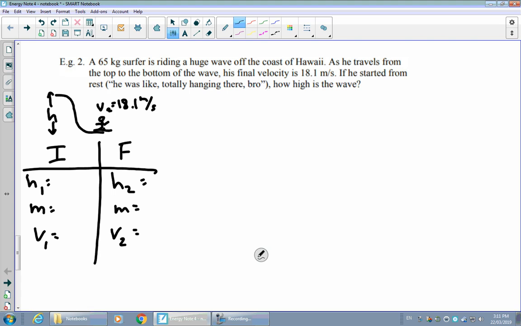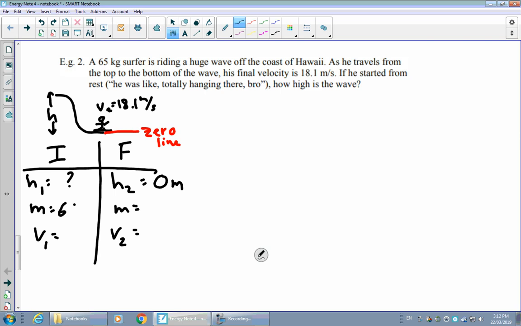Well, what we can do again is decide what our zero line is going to be for height. So why not just use the very bottom of the wave? So this could be our zero line. That line that they end up at the bottom of the wave. That's effective because that tells us what h2 is. It tells us that h2 is 0 meters. That means that whatever height it started from must be the entire height of the wave itself. If that tells us how many meters it is above the zero line, that'll tell us the total height of the wave. So if we can find h1, we'll know the height of the wave. So that's actually our required piece of information.